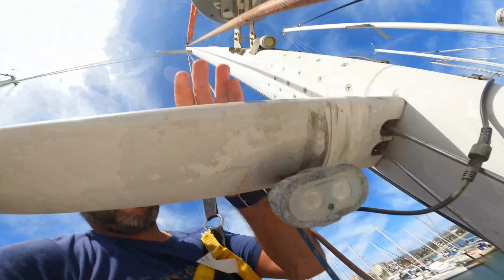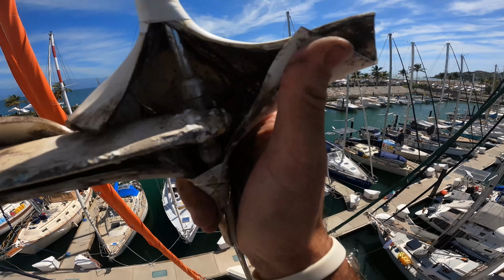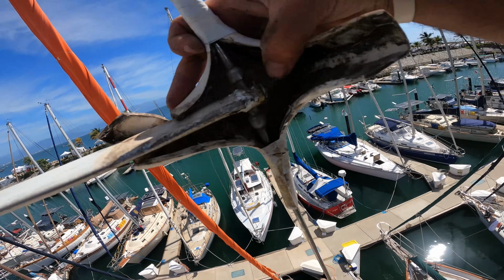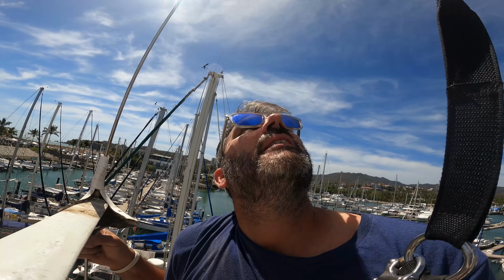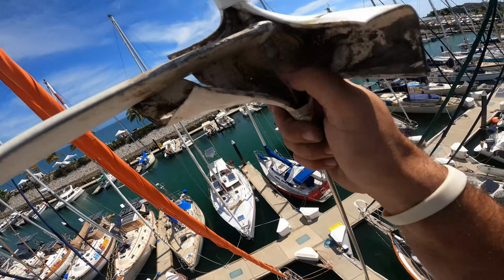And while I'm at it, on the way down I'm going to grease up our spinnaker track, or whisker pole track. Figure less chance of getting grease on me that way. You can see in there, that looks okay. Turning rod here. Just looking for anything that would be a wear part. I've been up here for probably 45 minutes now, slowly making my way through everything. I lubricated the sheave for the pole top lift. I'm almost at the masthead now. Just examining, looking for any corrosion on the rod, which there shouldn't be because it's rod rigging, but